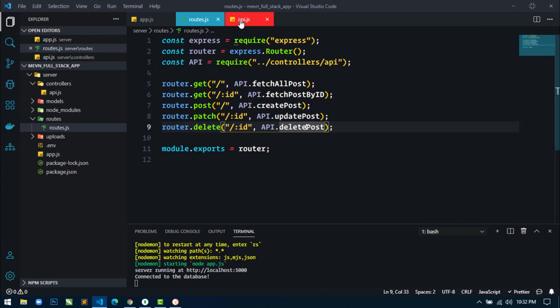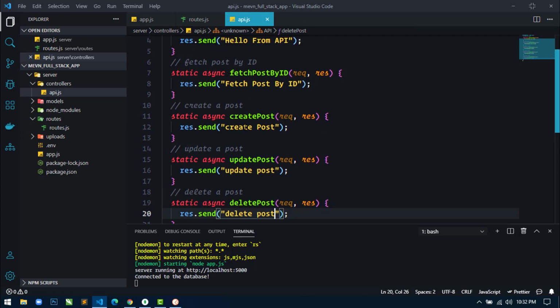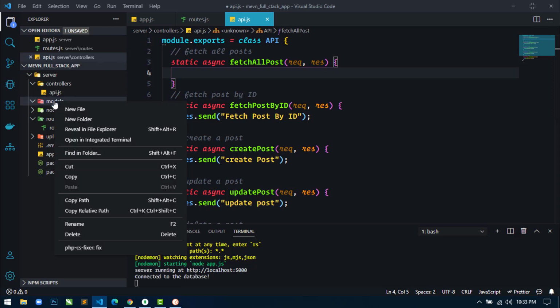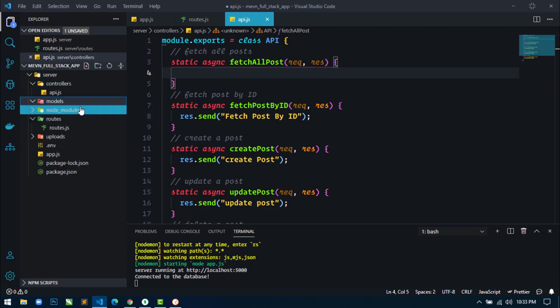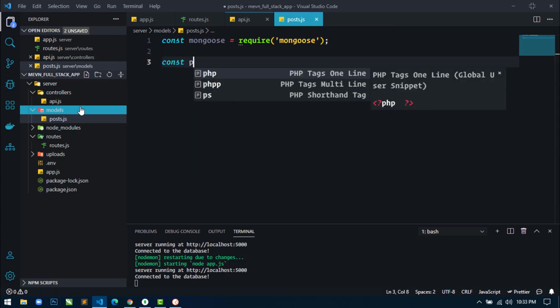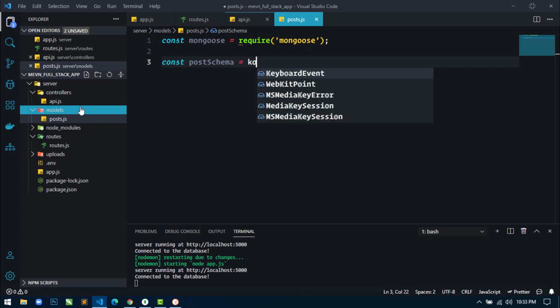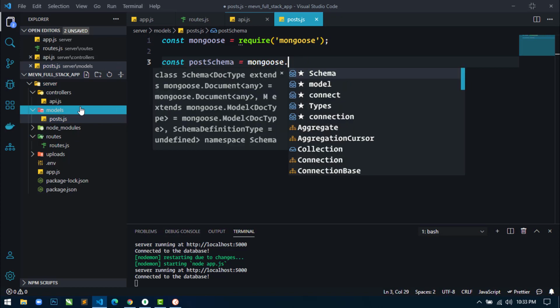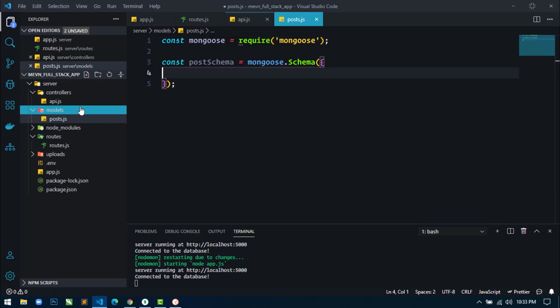Now next what I will do is go to this api.js file, and first we will write the logic to get all the posts from the database. But before defining these methods, first we have to define our model. So in the models directory create a new file, posts.js, and here first we will include mongoose. Now we'll create a constant postSchema equal to mongoose.Schema, and then inside this I will use title,